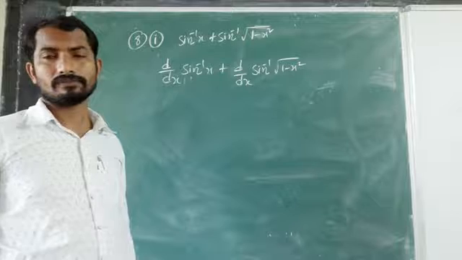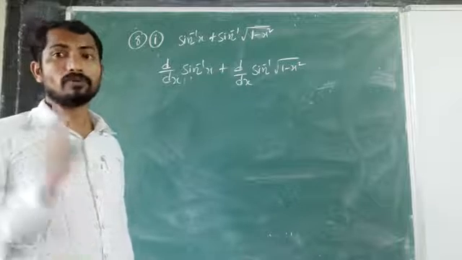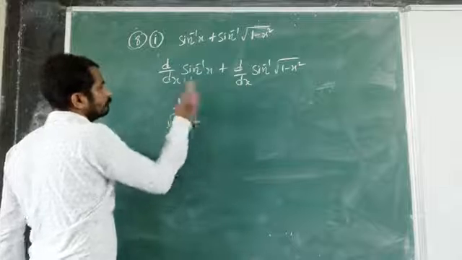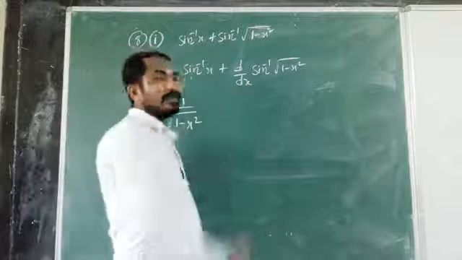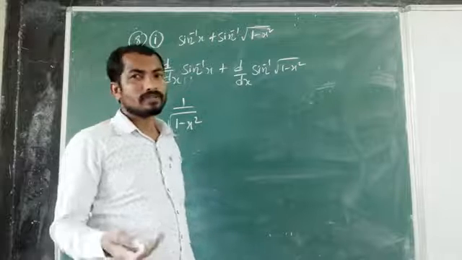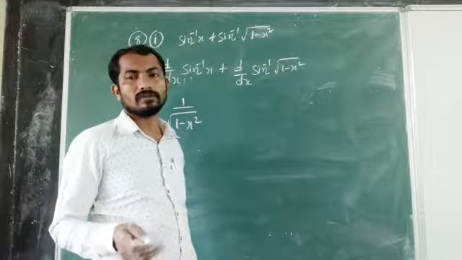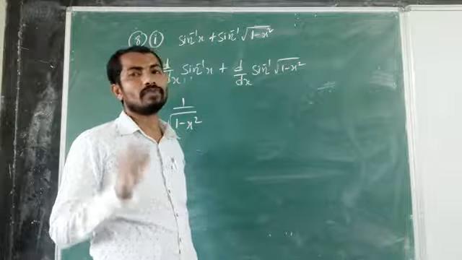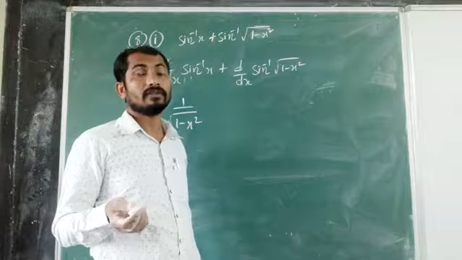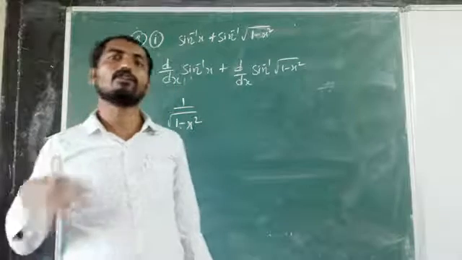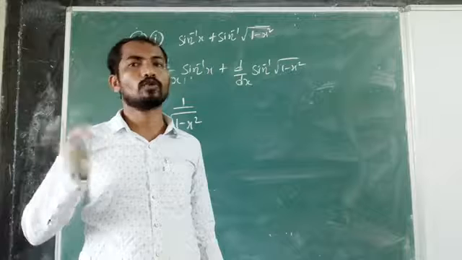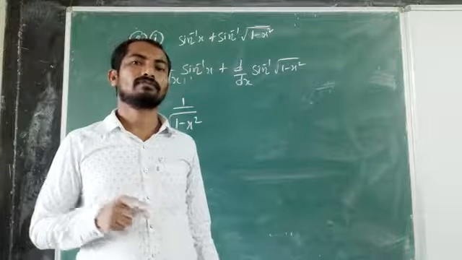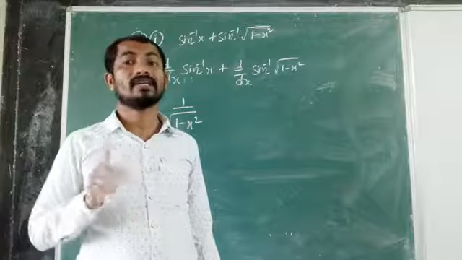For the first function, d by dx of sine inverse x, there is a direct formula. The form is 1 upon root 1 minus x square. Here you can take it by substituting, or else you can use the direct method also, it's not a problem. That is your wish. Most of the times you can try to apply the substituting value, then it will be easy. If you are not getting any idea, then you can go for the direct method. That's why I gave two methods. Question number 7, the first question I have given by substituting, and the second question by the direct method.